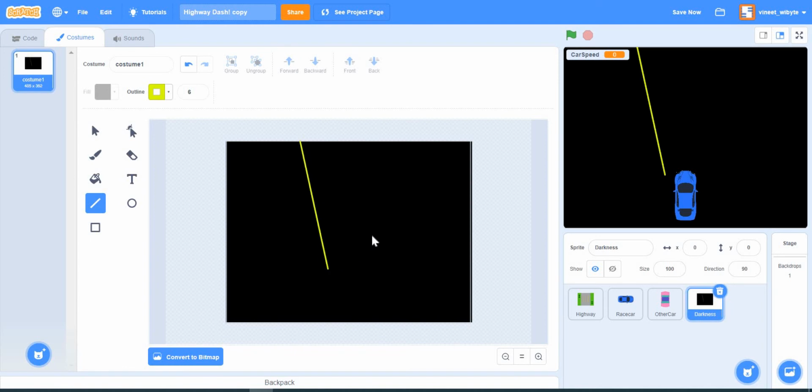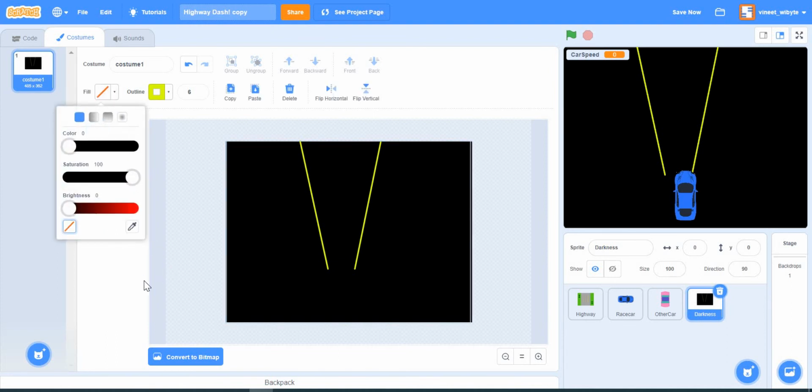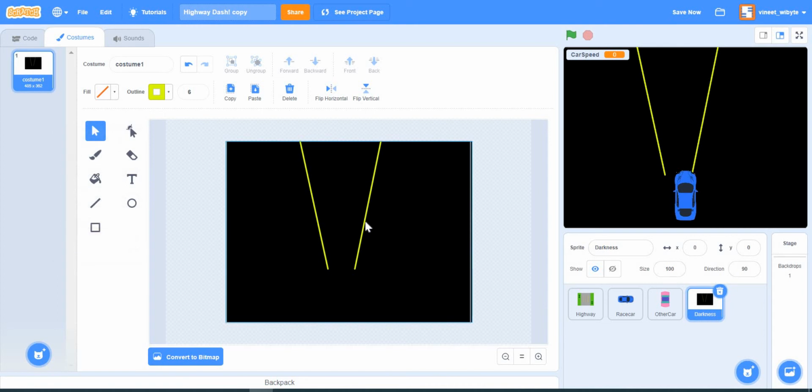The whole idea is that I'm going to make it aligned with the car, and that will become like the beam of the headlight that the car is emitting. So I draw one line here, and I'll draw one more line here. All right, so now I will use my mouse to align these lines with the car, and that's why I wanted the car to be visible. So I'll make this fill to nothing. Be careful on this, otherwise the Scratch editor behaves somewhat oddly.